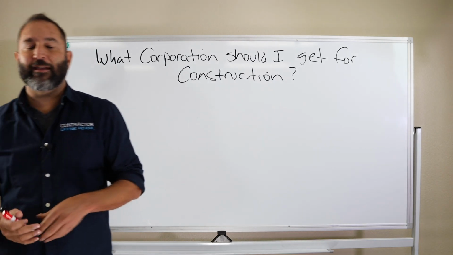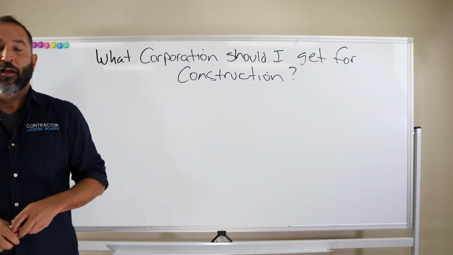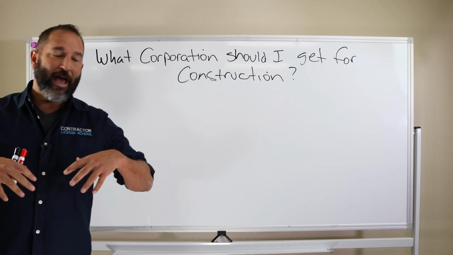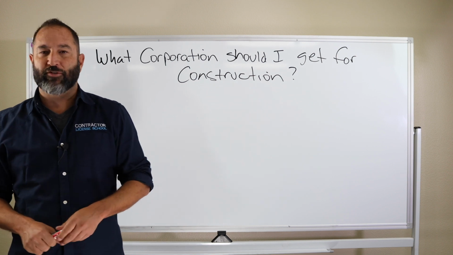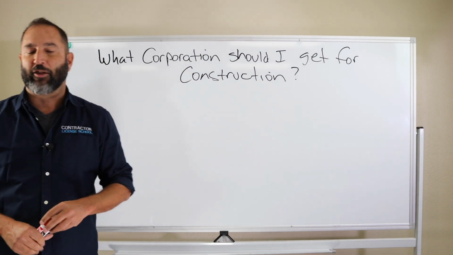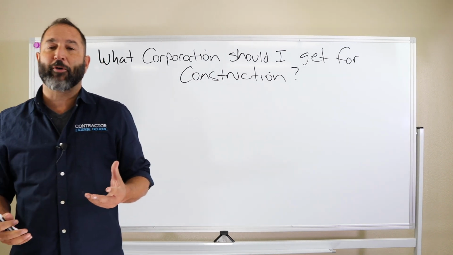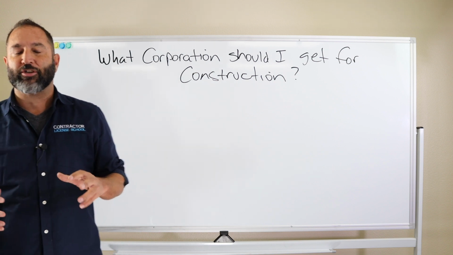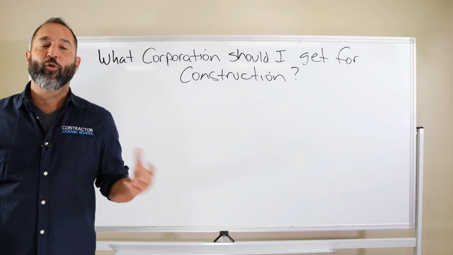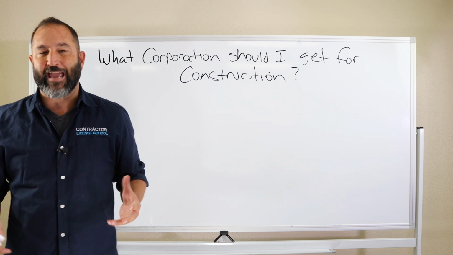My name is Alan and I own two companies. One of them is Contractor License Schools, and we have trained up thousands and thousands of contractors throughout California. And I also own a business called Corp Nation. And Corp Nation sets up corporations all over America for all different types of entities and programs.